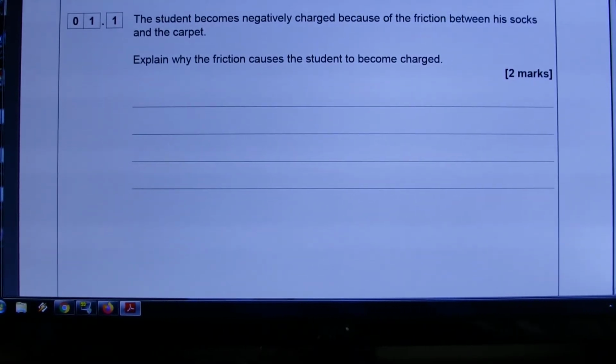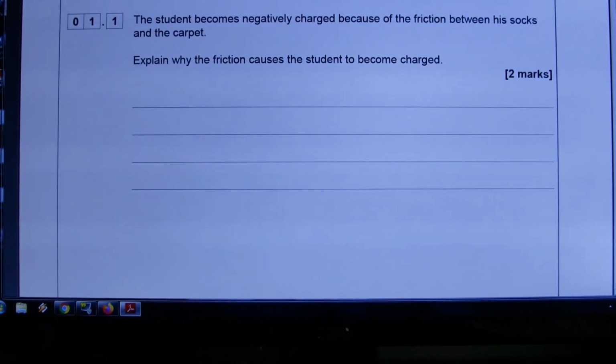Right, because the guy who originally discovered static charges first noticed the charge on the rod and called it positive, the charge is opposite to the distribution of electrons. If the student has a negative charge, that's because they have a surplus of electrons. A positive charge is a deficit of electrons. This wants 2 marks, so